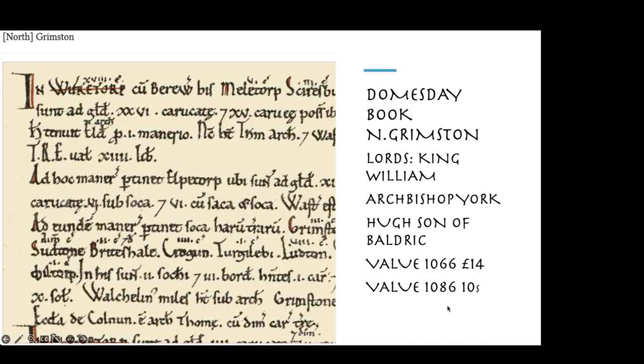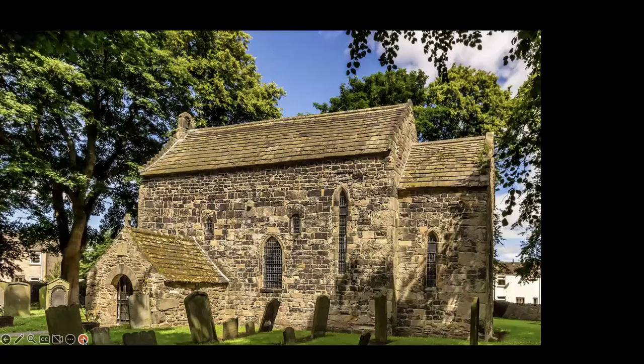Its value in 1066 was £14. And in 1086, it was 10 shillings. So the reduction in the productive capacity of the land was huge over those 20 years. Now, that, of course, meant that the whole program that we're going to be talking about, of rebuilding of churches, of re-equipping them and so on, started from a base where the countryside was much less productive than it had been. But we'll wind back and we'll start by looking at the churches that were around before the great Norman rebuilding